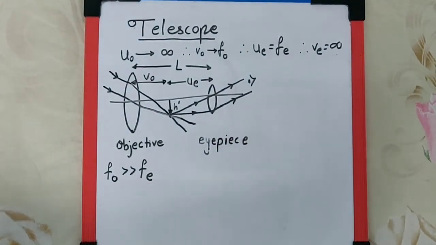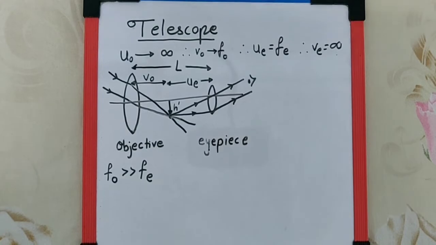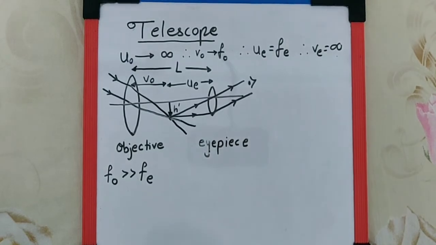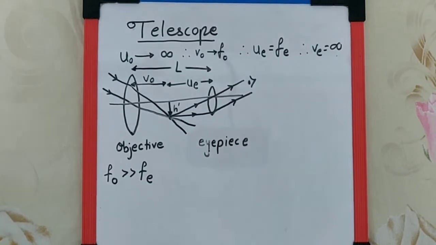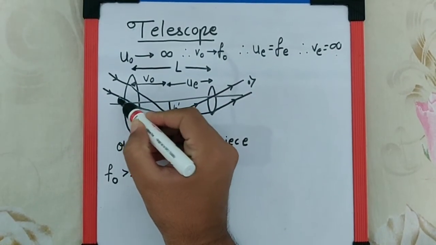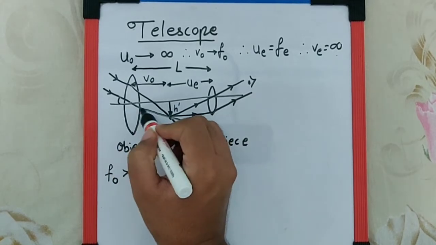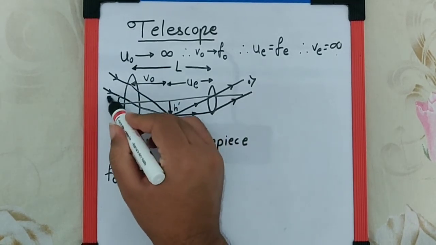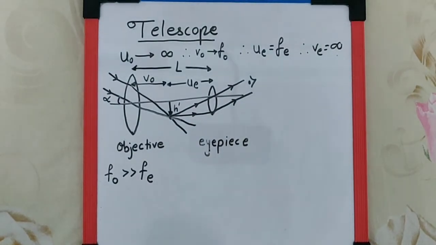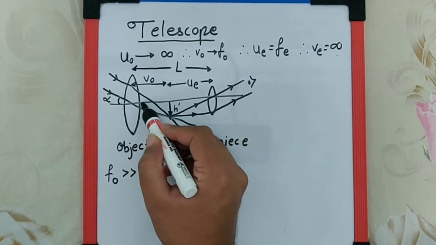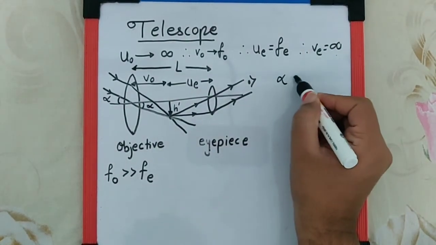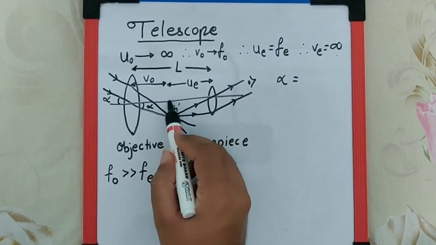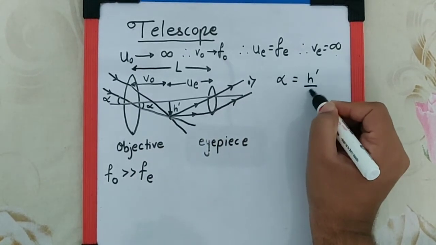Now to understand the magnification or the magnifying power of telescope, we need to find the value of alpha and beta. Now definitely we cannot place the far away object at DDV, correct? And that is the reason we assume the angle made by the object ray with the principal axis before the lens as alpha itself. And therefore, if this angle is alpha, by vertically opposite angle, even this is alpha. And that means from the triangle, as you can see, alpha is going to be h dash by VO.